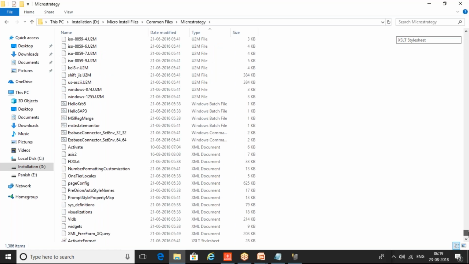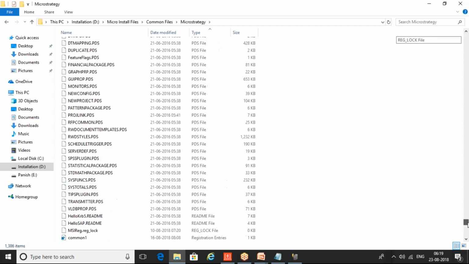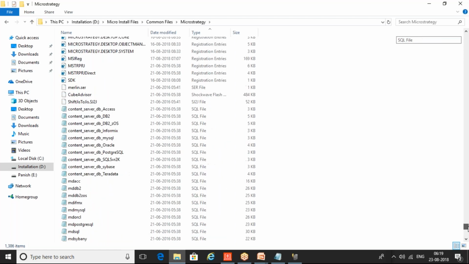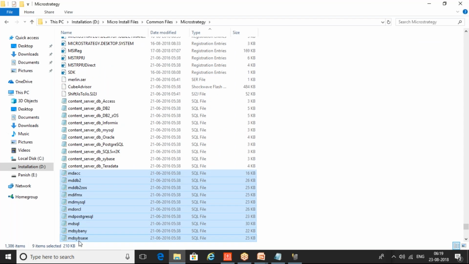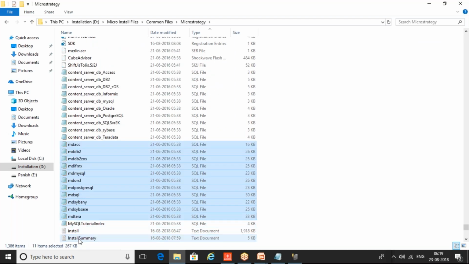I just scroll down. Yeah, over here. Okay, so the one that starts with MD. The one that I've highlighted over here. All the file names that start with MD are the ones which are used for metadata creation. Now depending upon the type of database that you're using, automatically it will pick up the